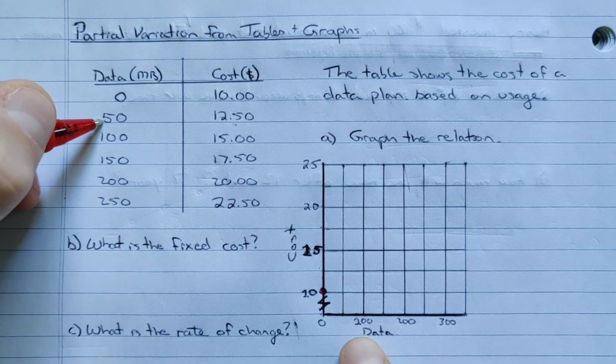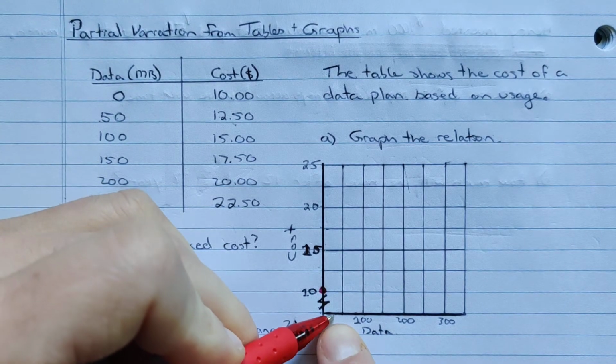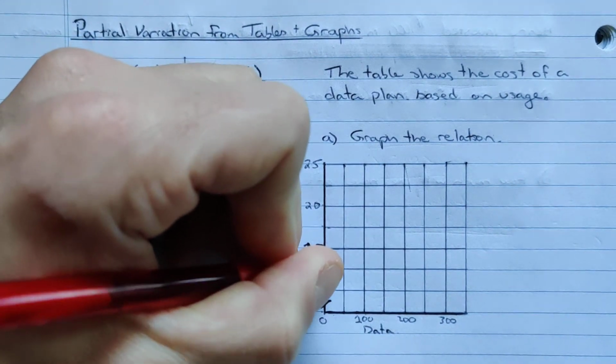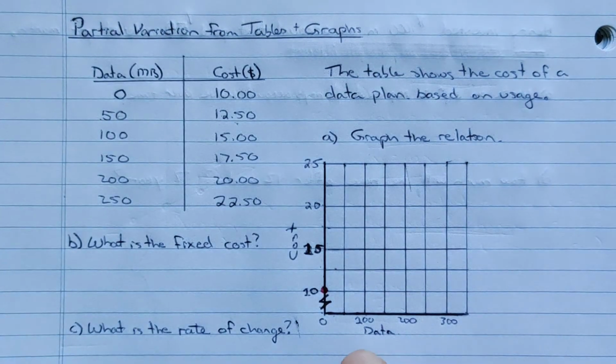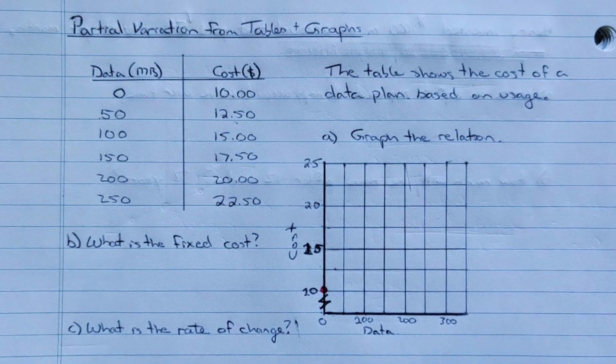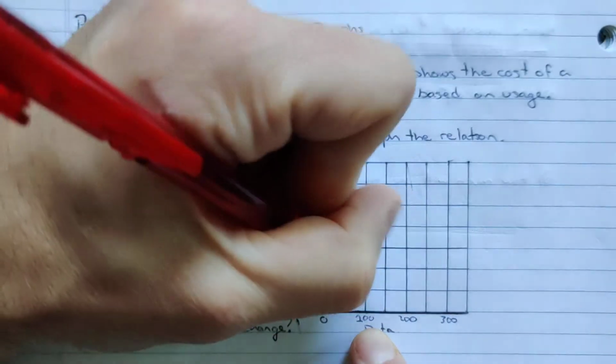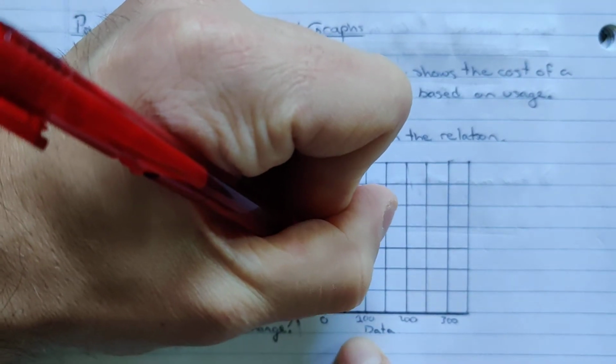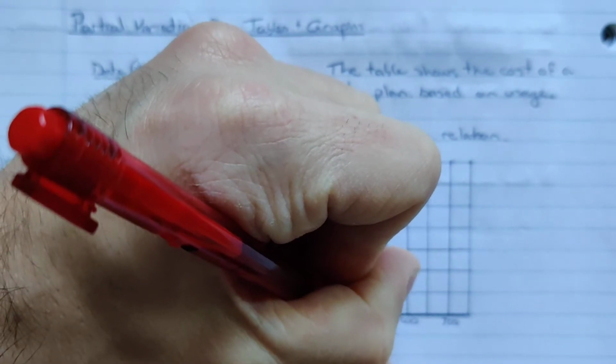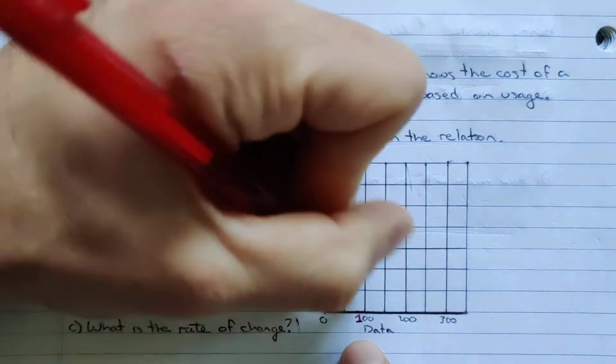At 50, it's 12.50. So 50 and 12.50 is about right here. I'm just going to put a light point there because it's not on all the grid lines. But I do have one, 50. Oh, it is right. It's right here. Sorry, I'm misreading my 100. That is 100, not 200. So 50 and 12.50,